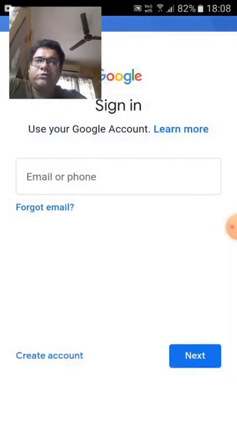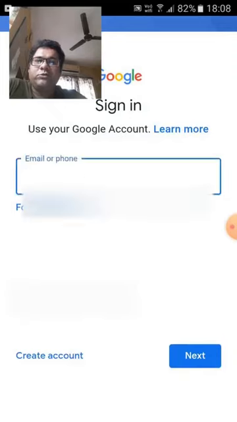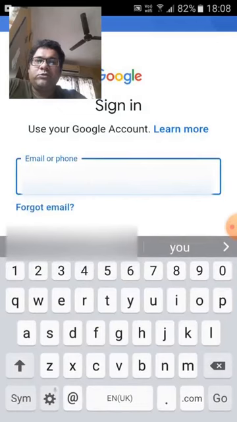Now you will see that the sign in process has come, where you have to type your email address. Now this email address is the email address given by your school.